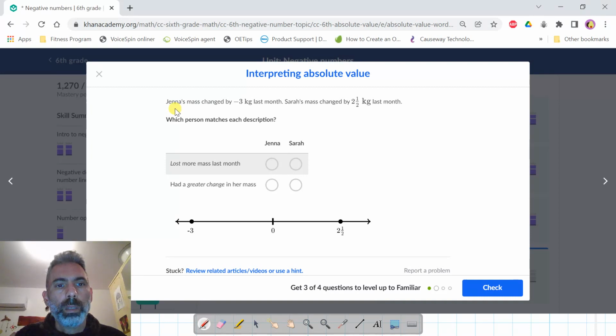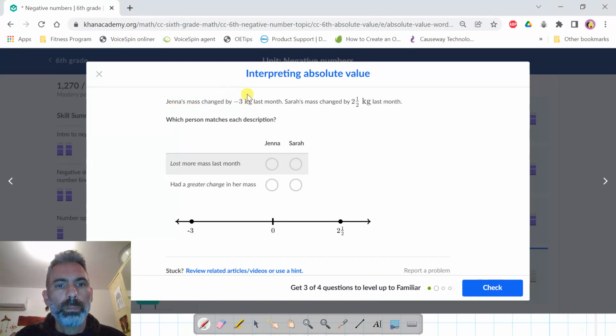Okay, Jen's mass changed -3 kilograms last month. Sarah's mass changed 2.5 kilograms last month. Okay, which person matches each description? Lost more mass last month. Okay, so of course Jen,